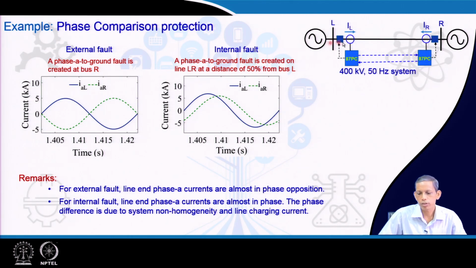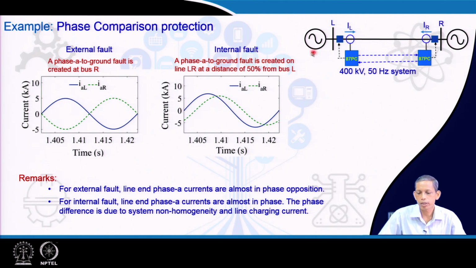Now, an example on this. We have a 400 kV system, with L and R as the two ends, and two cases, starting with the external fault case. The blue curve is the current information for the L end, and the green dotted one is the R end information. Because this is an external fault case, they are out of phase, and therefore the corresponding square wave of the positive half has a coincidence time of 0 here, and the fault can be detected easily. Now, in case of a phase to ground fault for the internal fault case,